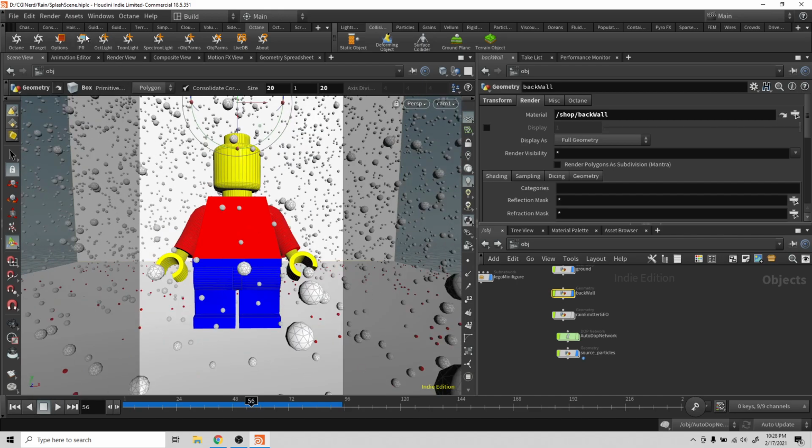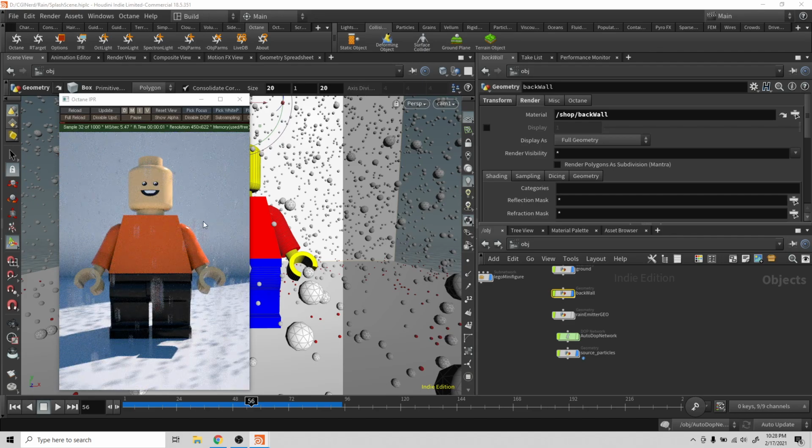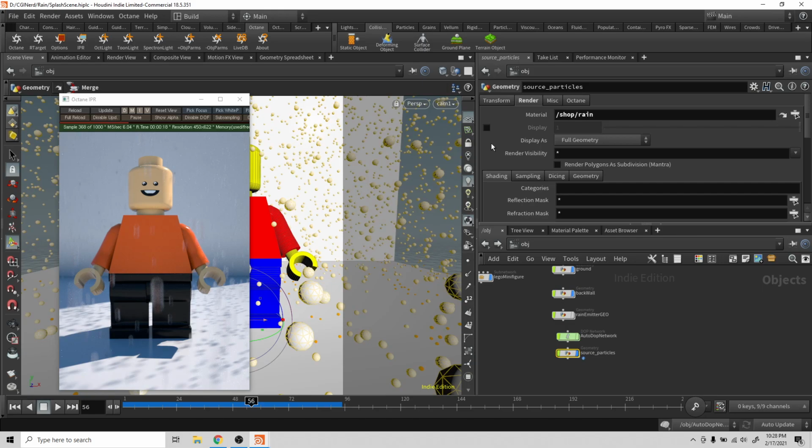Okay, let's stop it right here and set up an IPR. And we can see with the motion blur on what it's kind of looking like at this particular size. So if I wanted to, I think the ones in the foreground might go by really quick, but I can always go into the shapes here